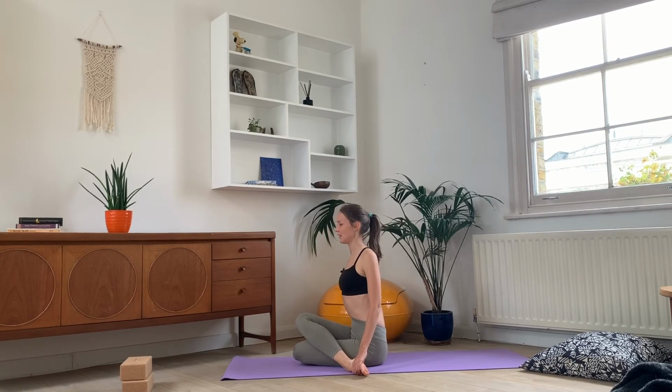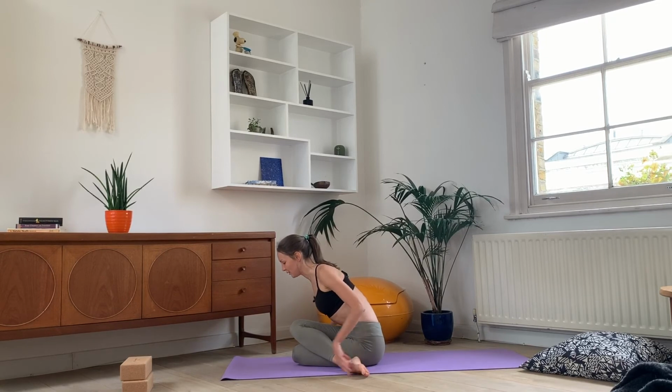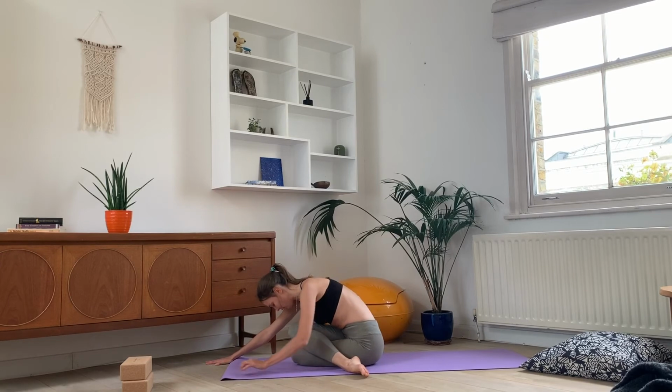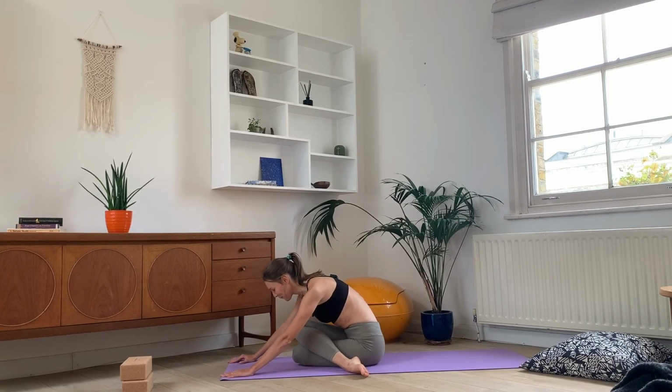Maybe stay here, maybe start folding forward, bringing the chest and the belly into your thighs, or rather belly into the thighs and chest closer to the knees. Maybe you can go all the way down here and rest your belly on your thighs. I can't do that. My hips,